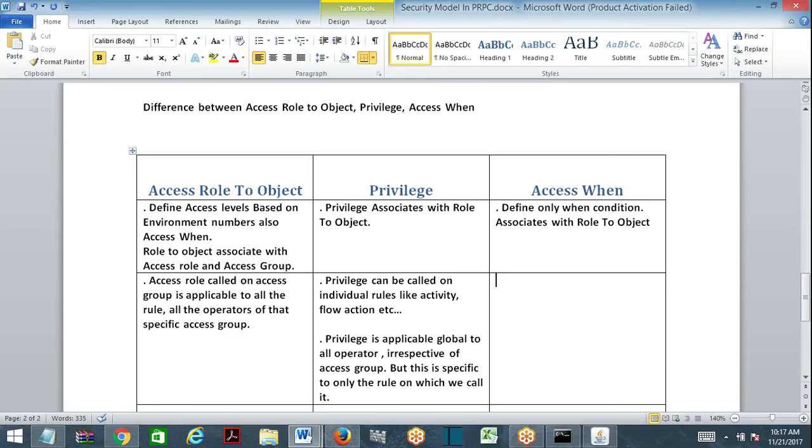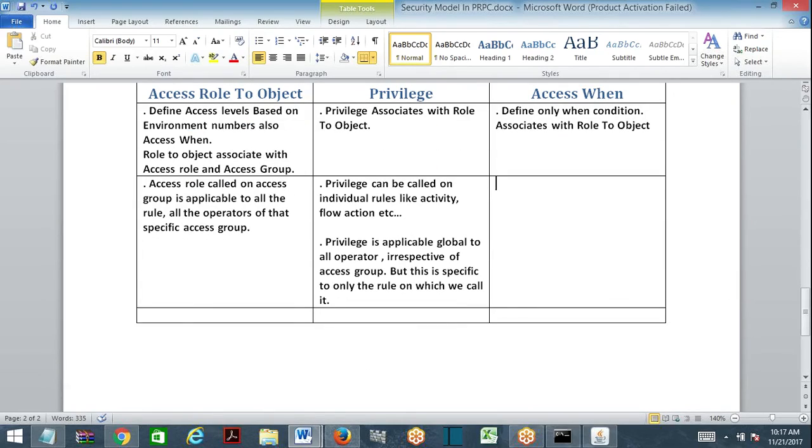Now access when, leave it. There is no comparison here in this point.